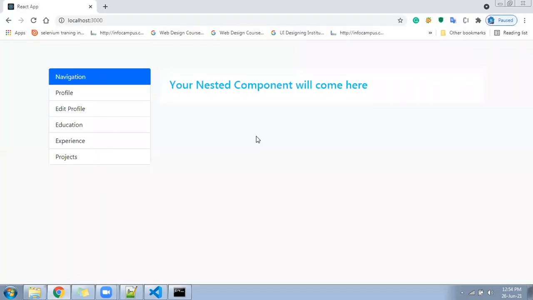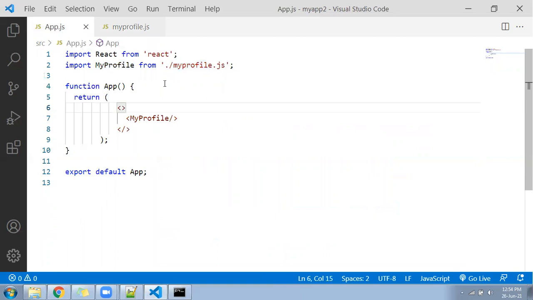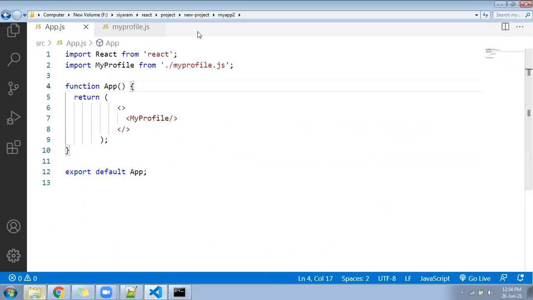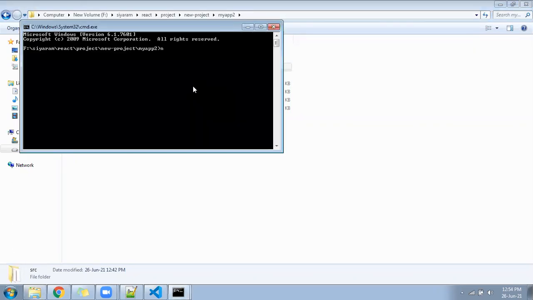Okay. Next I'll go here under the app.js file, and guys, to implement the routing, you have to install another component that is called React Router DOM. So what I will do is I will go here in my CMD and I'll write npm install react-router-dom.